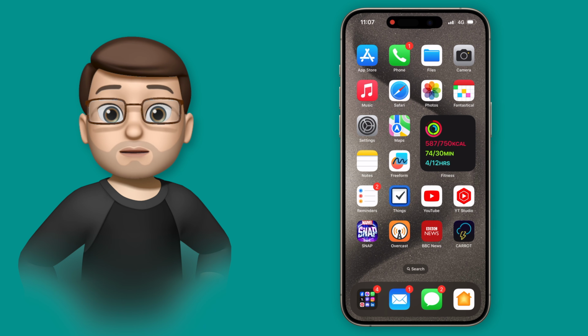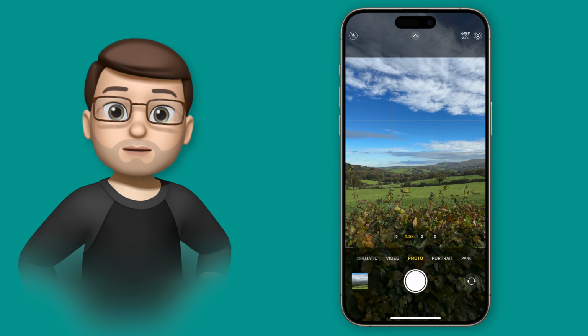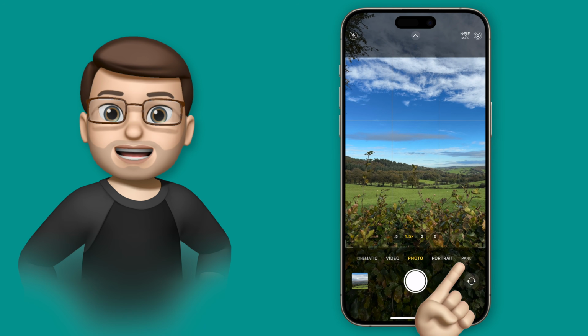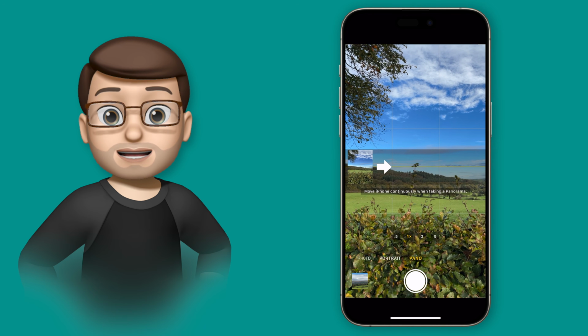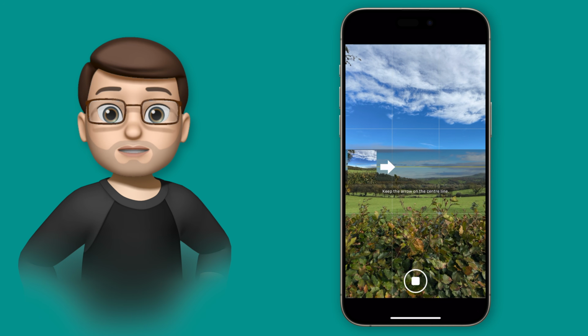Let's talk about panoramas in the camera app. This is probably a feature you're used to already, but there are a couple of really cool little tricks that you can use to make your panoramas better than ever. So, when I toggle panorama mode on in the camera, I get the horizontal preview in the middle. And when I press that shutter button, I'm going to gently pan my phone sideways across the whole scene to